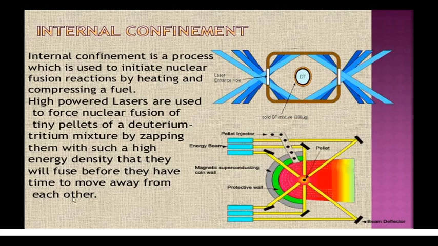That means a laser beam is incident on the deuterium-tritium pellets, and due to this incident laser beam, these pellets get heated as well as compressed. We know that the DT reaction will result in a fusion process, so this laser beam will heat and compress the deuterium-tritium pellets, and thus nuclear fusion will take place. That is the inertial confinement method.